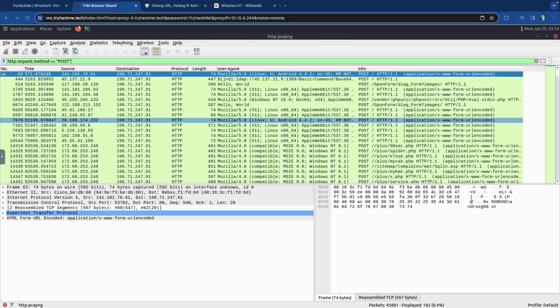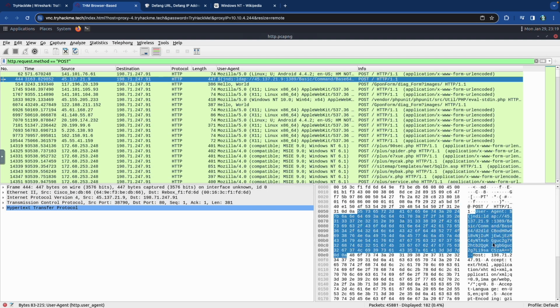What is the IP address contacted by the adversary? Enter the IP address in defanged form. So we're going to locate the base64 command. If we click on this packet, there's going to be a bunch of stuff in the